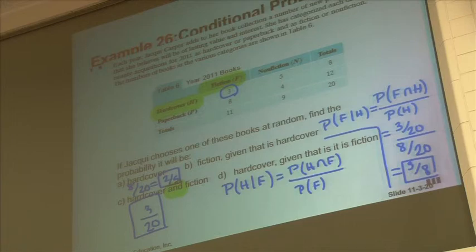Well, the probability that it is both hardcover and fiction, we found out is just going to be 3 out of 20, divided by, well, what's the probability that it's a fiction book? 11. Look at the column for fiction. How many fiction books are there total? 11. So the probability that it's just a fiction